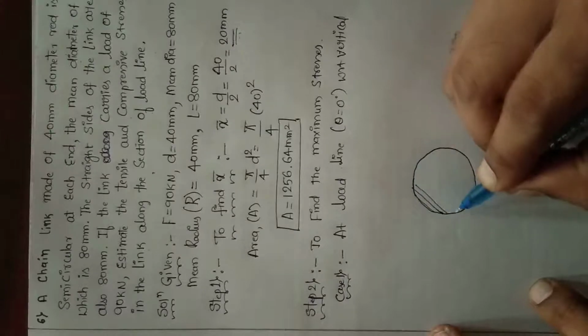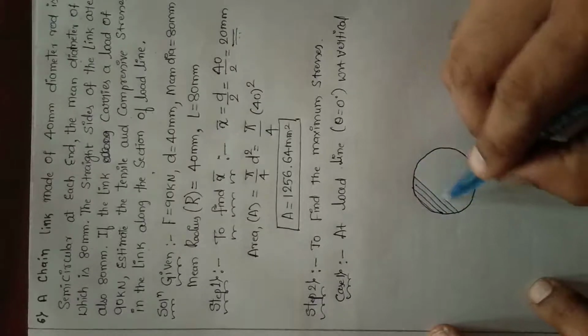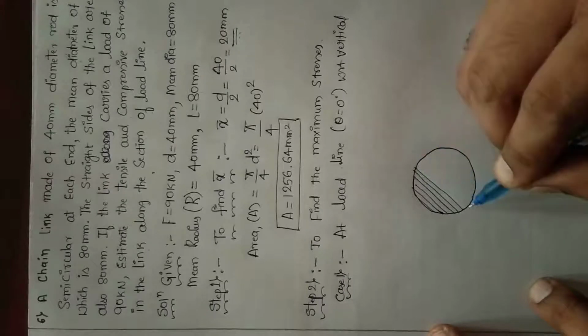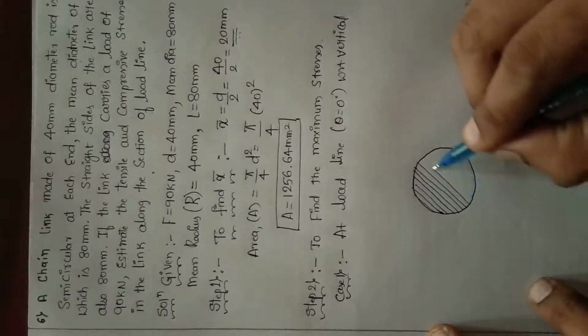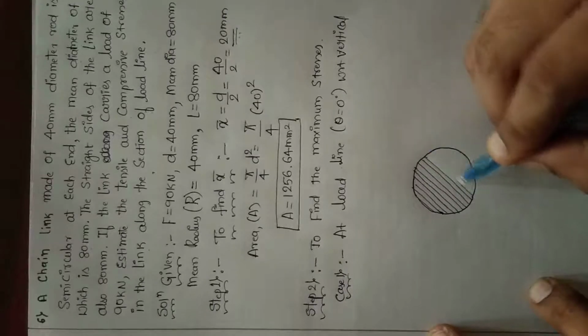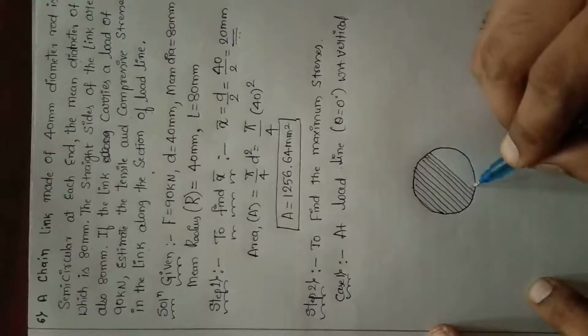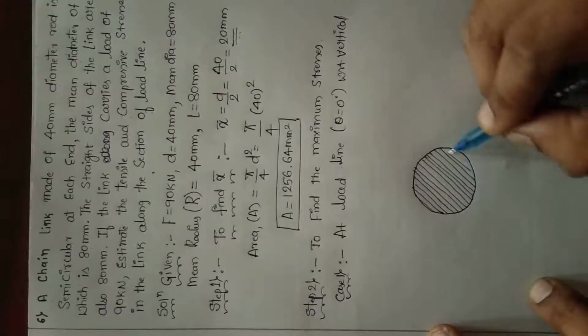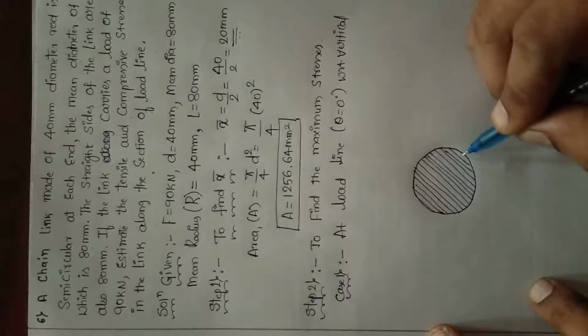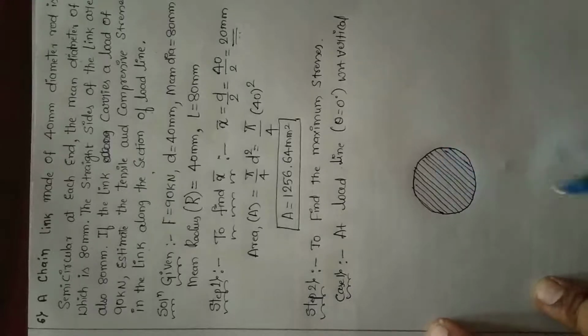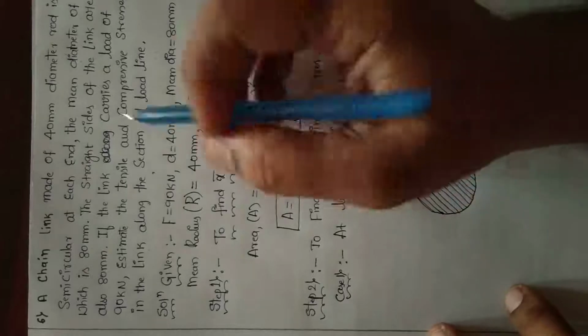So for this question he didn't give any diagram, so we need to assume and draw. How the chain link looks, we have shown you, isn't it? So based on that we need to draw. The same thing I am drawing here is also the same for all the curved chains which have a diameter d.